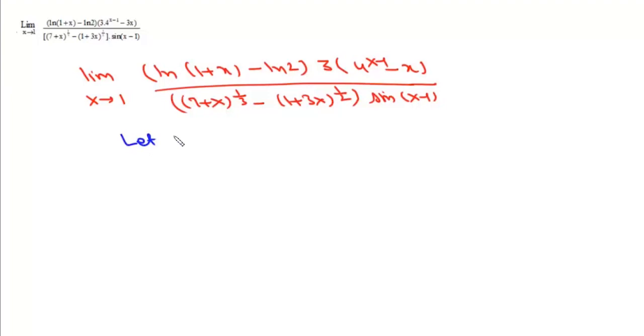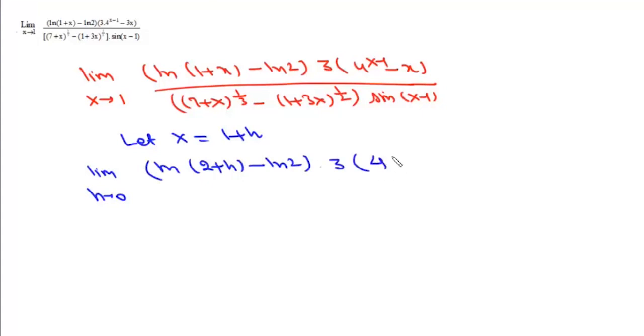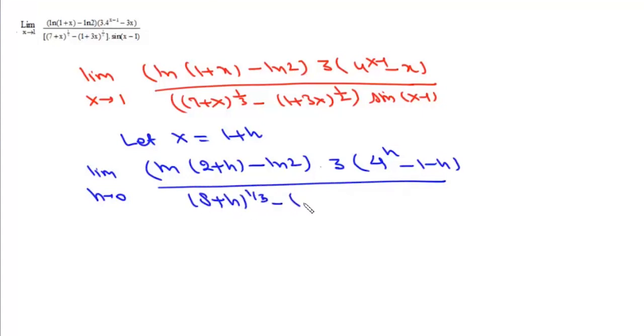We'll write let x equals 1 plus h. Then we can write this limit as limit h tends to 0, (log(2 plus h) minus log 2), and here will be 3 into 4 to the power h minus 1 minus h upon (8 plus h) to the power 1 by 3 minus (4 plus 3h) to the power 1 by 2, and here will be sin h. Now we can write this as limit